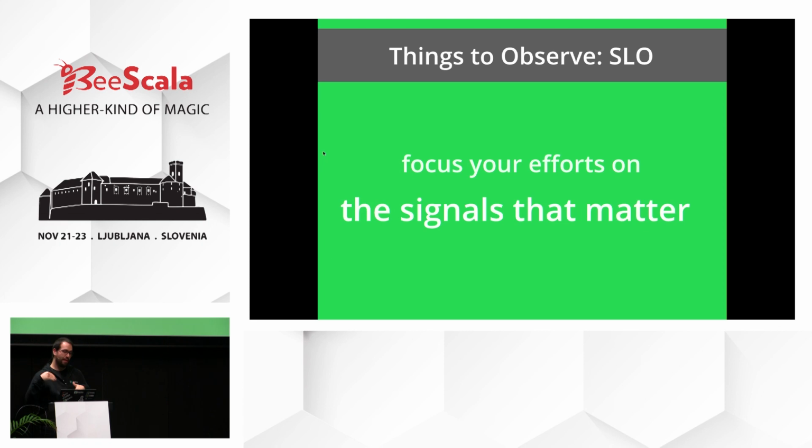And finally, when you have all of these things, there's a lot of things that you could be monitoring here. But at the end of the day, there are usually a number of metrics that really matter. Maybe the latency of some particular endpoints, or you just care about not having errors. Usually there are 2 or 3 signals that really tell you whether your application is healthy or not. And you should focus on that.